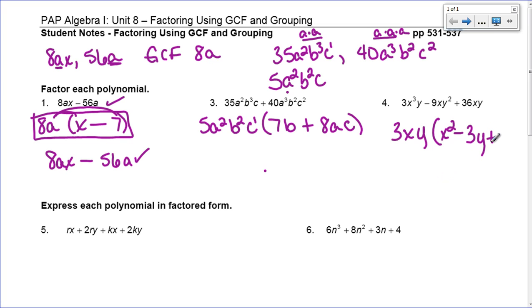Put your plus sign. Now 3 times something makes 36. That something is a 12. I pulled out an x, and I'm good because that's all I need. I pulled out a y, and I'm good there because that's all I need. So there is my other factor. And if I multiply those two things together again, like I said, distributive property, it's going to give me that